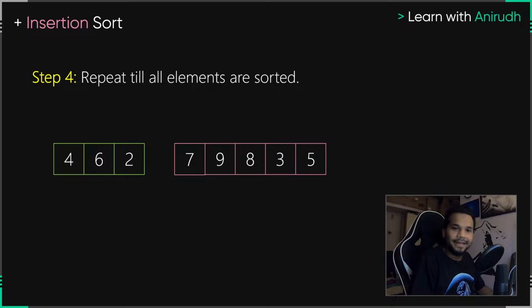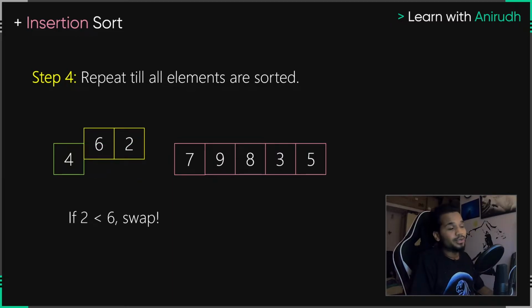And then it's all messed up again. It's not sorted on the left side. Take a look at this. This is supposed to be 2, 4, 6. It is now 4, 6 and 2. So common sense tells us that 2 is not in its correct place. So we have to make sure we put 2 in its correct place.